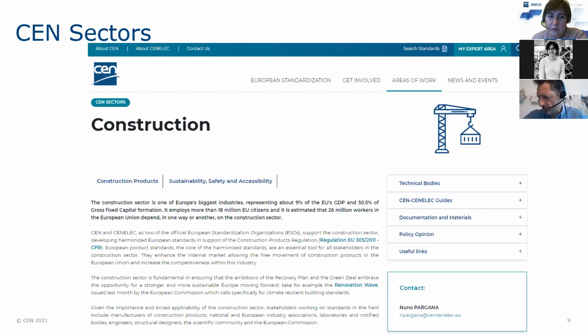We have here the information of the specific area of work. We have different sub-tabs that now allow us to give more information about specific work from a particular sector. Each web page contains the information related to the technical bodies active in this sector. And as we progress with the website, we would like to make sure it links to the dynamic pages of the technical bodies so that it's always up to date with the latest information we have in the system.